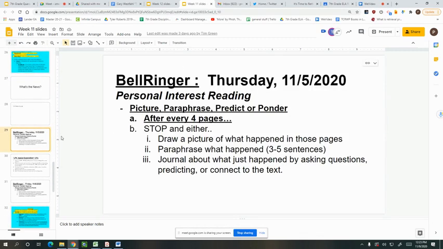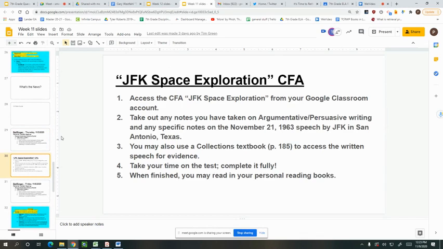On Thursday, we did our JFK space exploration CFA. I know some of you have done that, but if you haven't yet, please get to it. Please use a copy of the reading, which I posted up on the Google Classroom, and whatever notes you have. They're all fair game to use while you're taking the CFA.